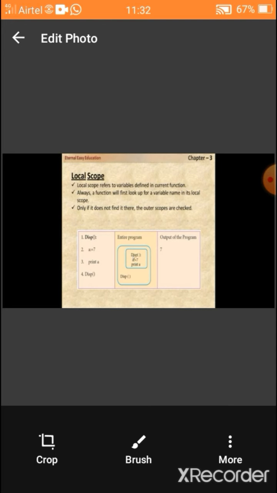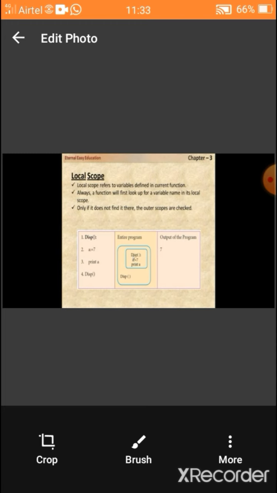Look at the second point: a function will first look up a variable name in its local scope. Third point, only if it does not find it there, the outer scopes are checked.